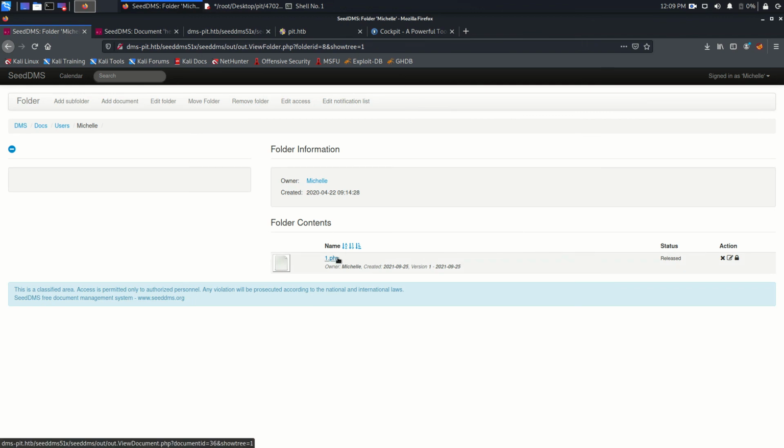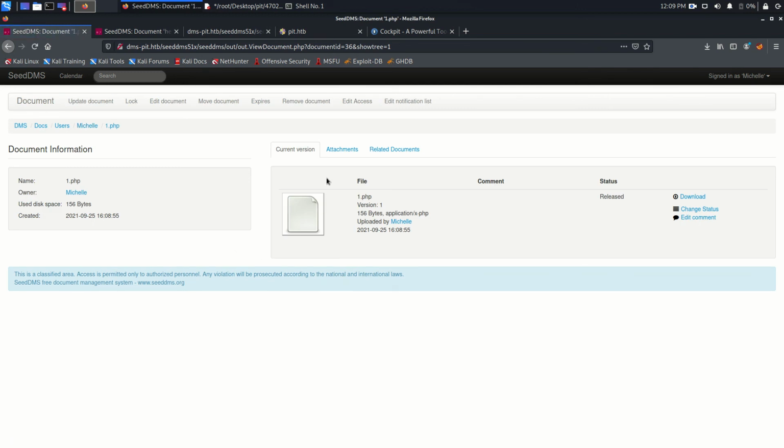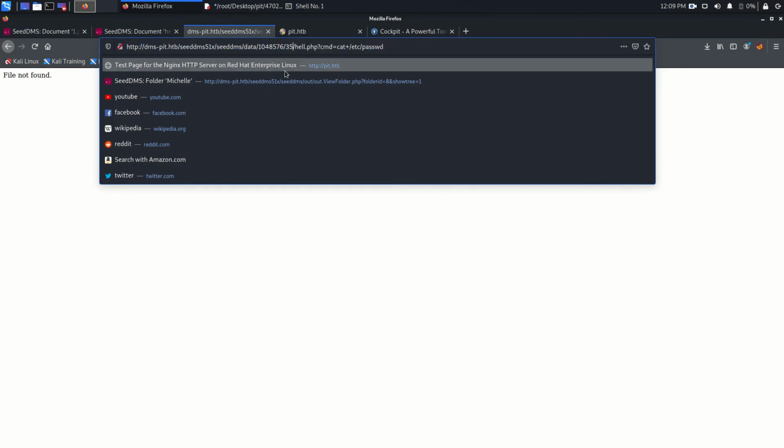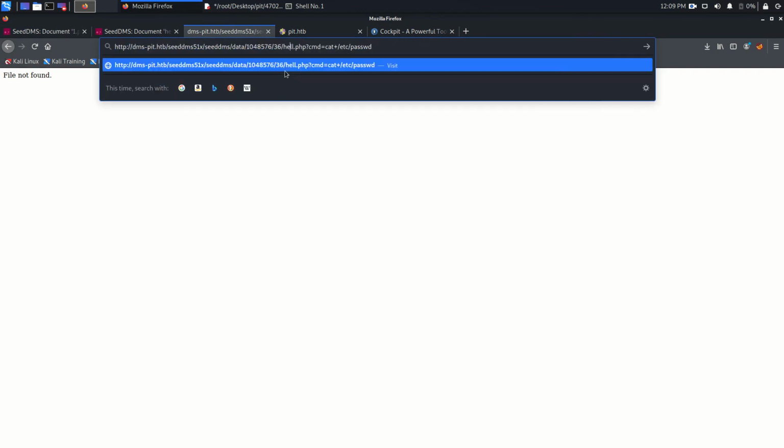The document ID is 36. This is the document ID 36, so we go very quick and make it 36, and going to make this 1.php, enter, come on,